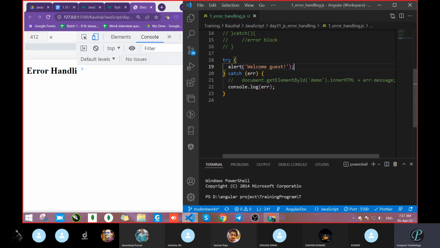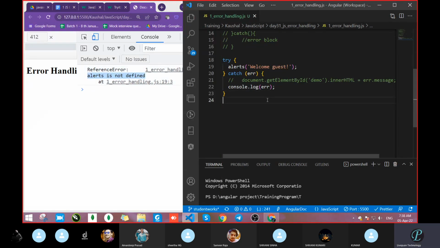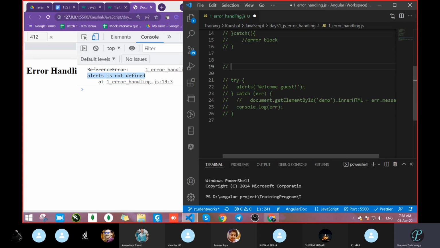We did not get anything. Now pass S, which means we have made the mistake, and now check what happened. We got the error. What is the error? Alert is not defined. But when we had done this, maybe you will think what is the issue then? It's the same thing we are already getting. But see the same thing.